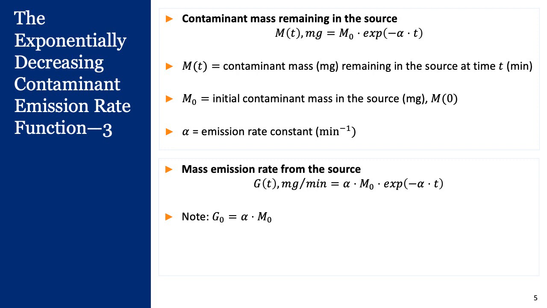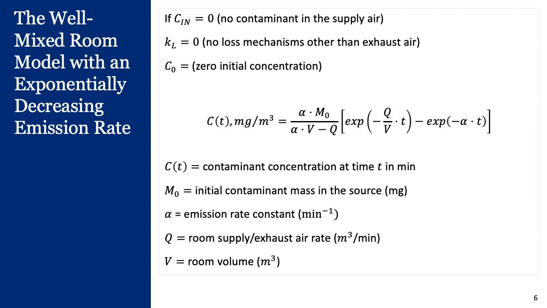So when we have the initial spill, the rate of emission is the highest. And as the mass in the spill decreases because it's evaporating, the rate of emission also decreases because the amount of the liquid pool is decreasing. And when we set up the mass balance equation and do the solving of the differential equation, and I'm going to skip over all those steps, we end up with the final solution as shown in this equation at the